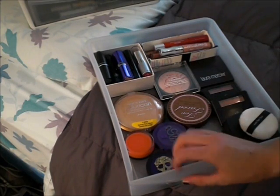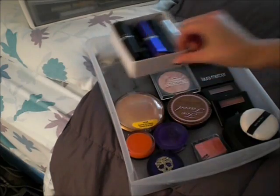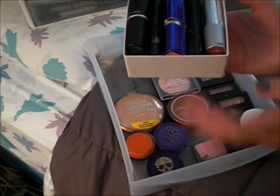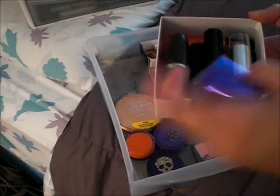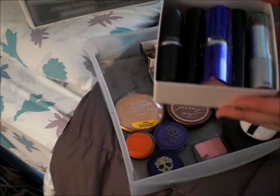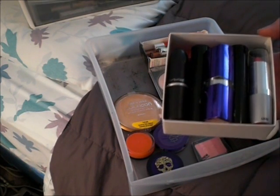I have all of my face products in just the normal plastic part, and then I separated my lipsticks and lip glosses into these little things that I had lying around. This was just a jewelry box. This was the bottom of the jewelry box, and I have them layered two times, which usually I don't like to do. I prefer to have everything single layered so I can see everything,